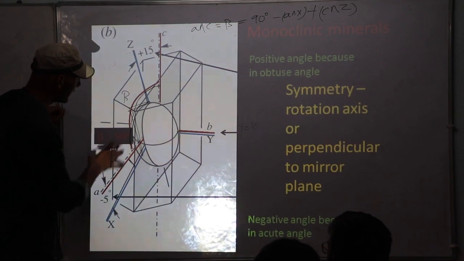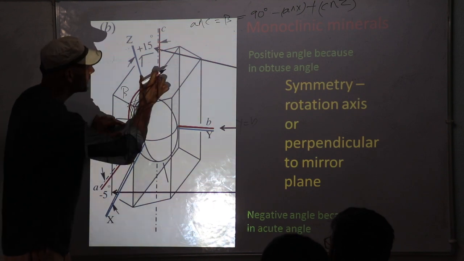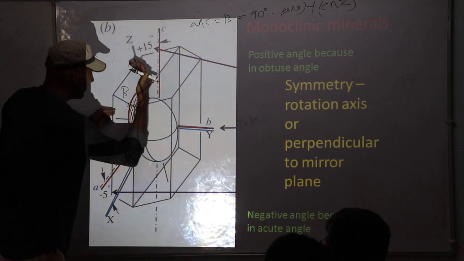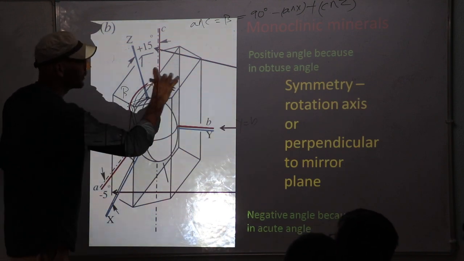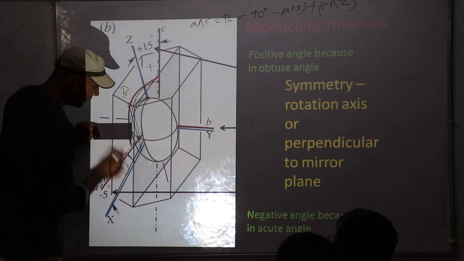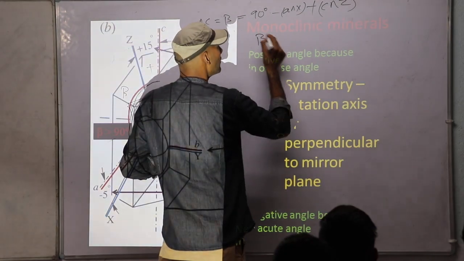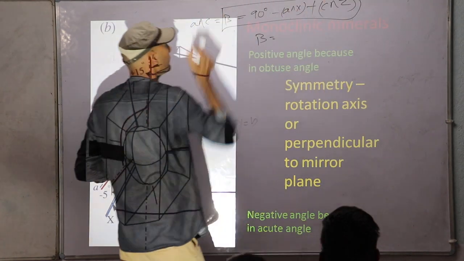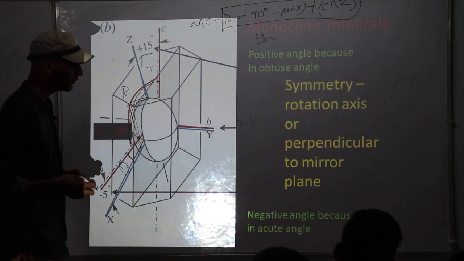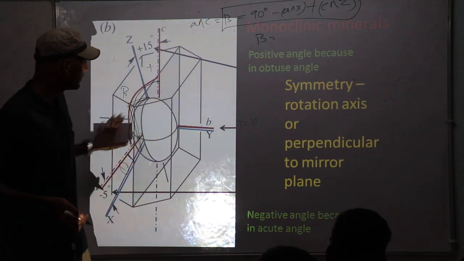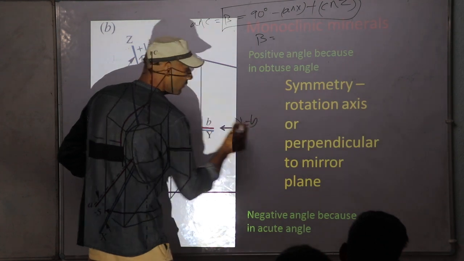So how to define the relation? Beta will be equal to 90 minus this much plus this much. Because from here to here, that is 90, but this is not included in beta, and this is included in beta. So it should be minus to define beta. So the optic orientation is beta is equal to this one. This one is the optic orientation of this diagram. Got that? One of the optic axis must coincide with the crystallographic axis. Like here, Y is equal to b.